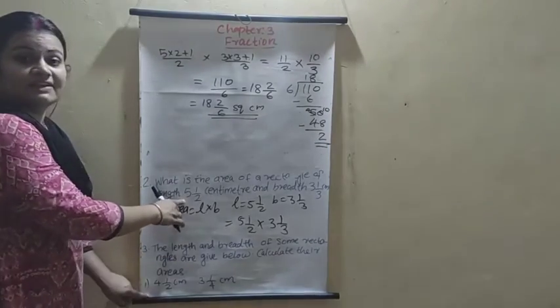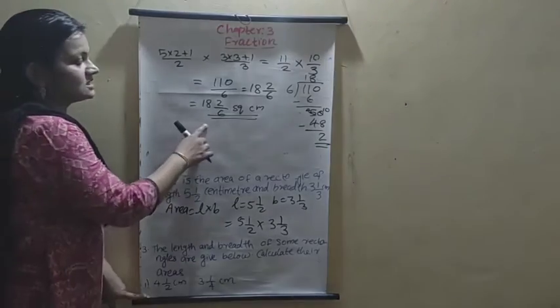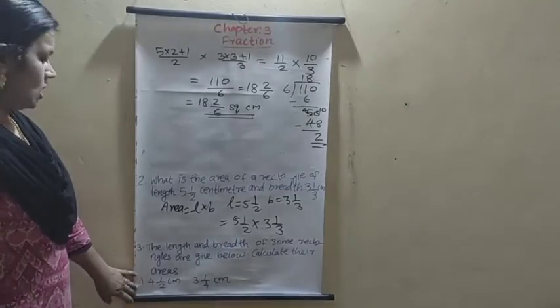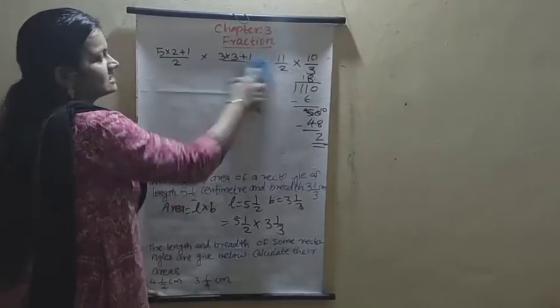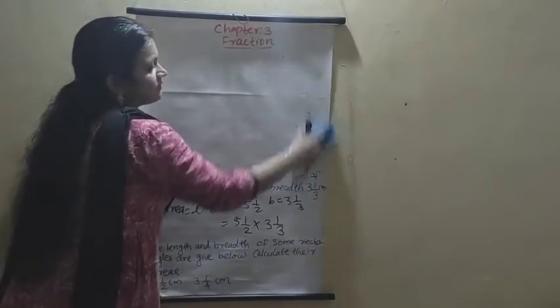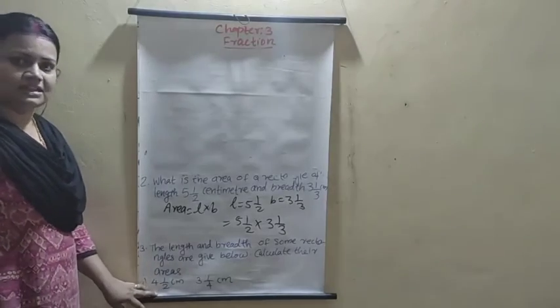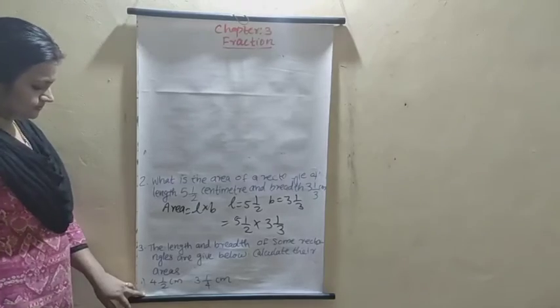Because the question is given in the mixed fraction, we also write the answer as a mixed fraction. Understood all? I hope you all understood how to convert the mixed fraction into the improper fraction and the improper fraction into the mixed fraction. Study that conversion well. Okay, children, then what about the third question?